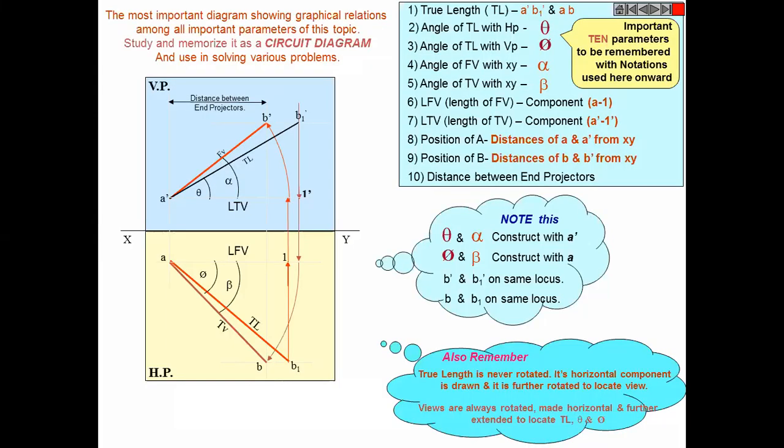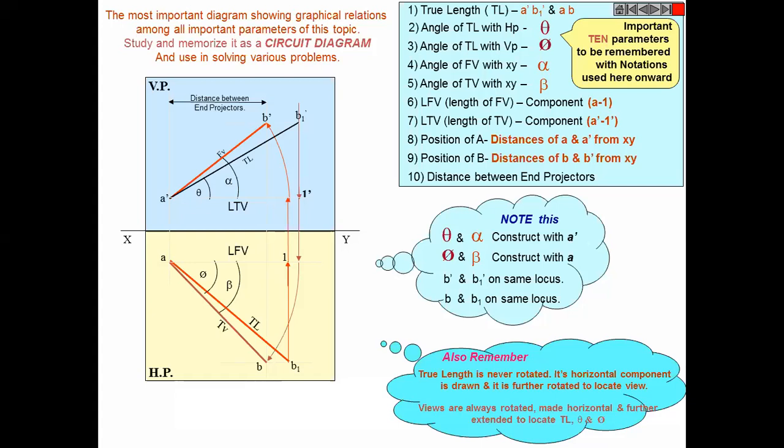Sir, is AB equal to A dash B dash? It depends, because it depends on the angle of orientation. You have touched upon that issue: in which case will it happen? Imagine when you see the top view and front view of the same length. In which case? Just imagine, the answer is simple.